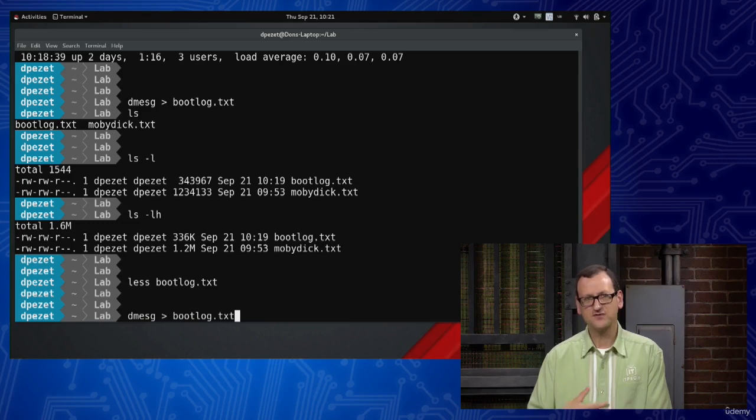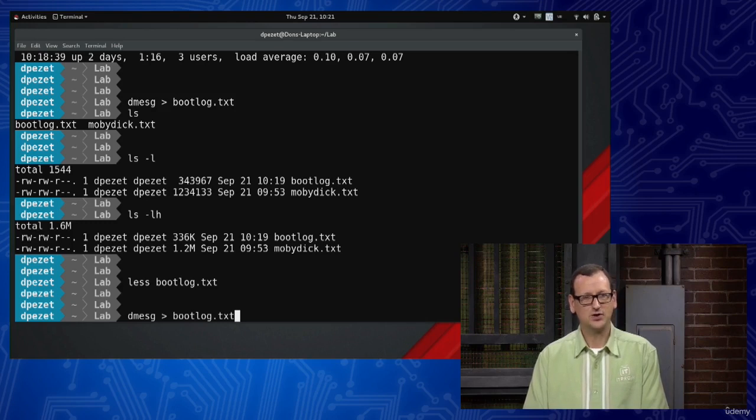And there's other things that I could have output into it. If I run this command again, it's going to overwrite that bootlog.txt. So whatever was in bootlog is going to get overwritten with whatever's in the new dmesg command. Or if I ran something else, maybe I ran